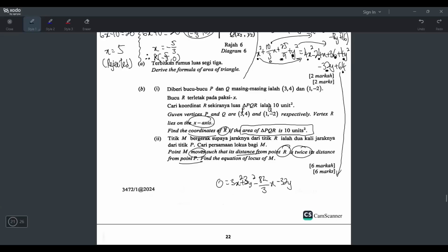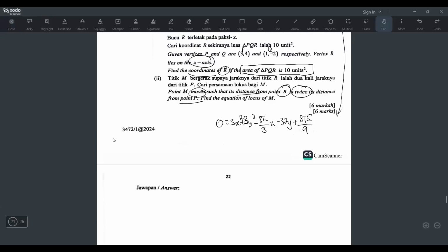So 64 plus 36 is 100. But there's a 25 over 9 here. So pindah sana jadi minus. So I have to press 100 minus 25 over 9. So let me just press real quick. My calculator give me positive 875 over 9. So that is the value we write here. And you don't have to write equals 0 already because you already decide the 0 to be on this side. So sudah siap already. Now the last thing to do is to,